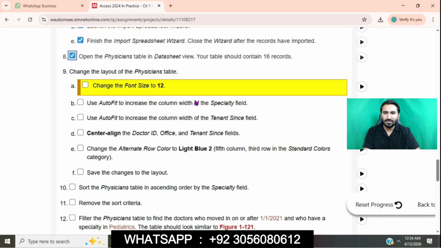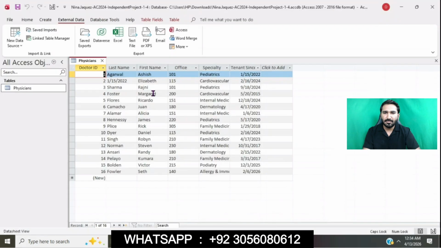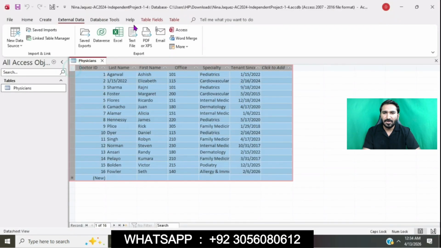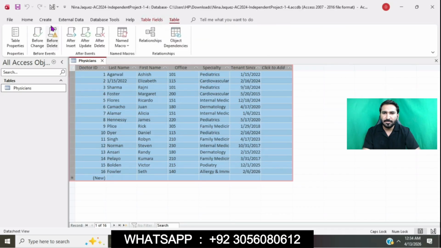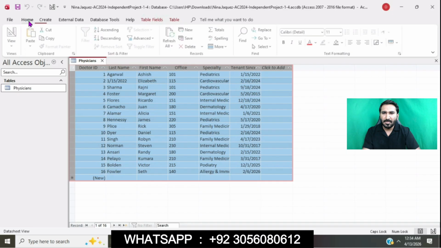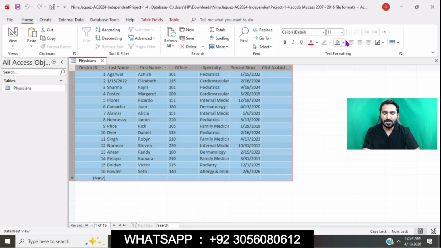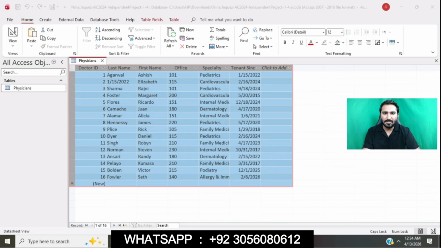So question number 9, change the layout of physician table. Change the font size to 12. We will select this physician table. Go to the home tab in the text formatting group. Go to the font size arrow. Select 12 font size.